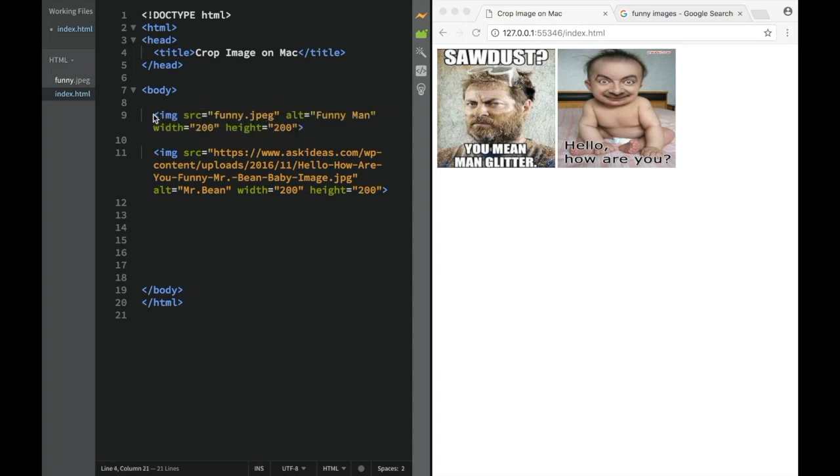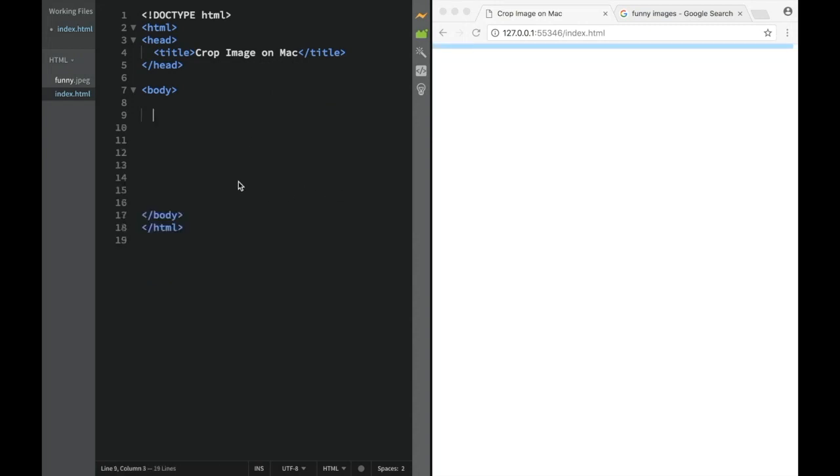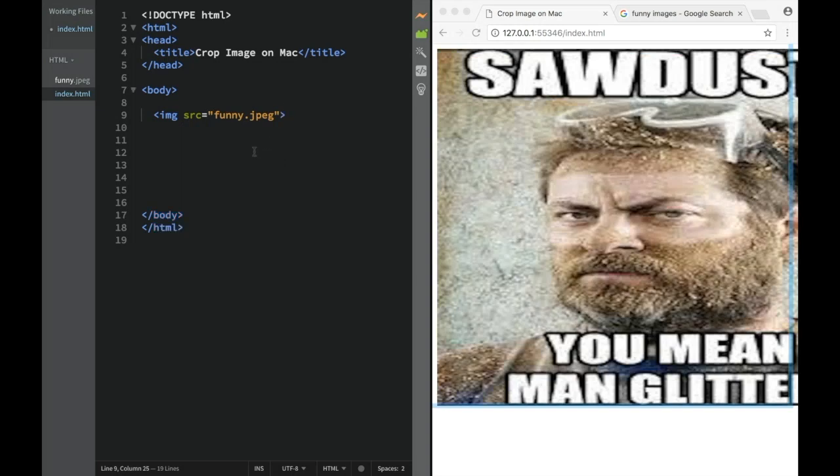So what I'm going to do is delete everything, because we should be retyping everything, so we are actually getting a hold of how we can write tags. Over here, I'm going to say this is going to be image and this is going to be source. And if you remember, this needs to be equal, and over here we're going to say this equal to funny.jpeg. And once we have this,